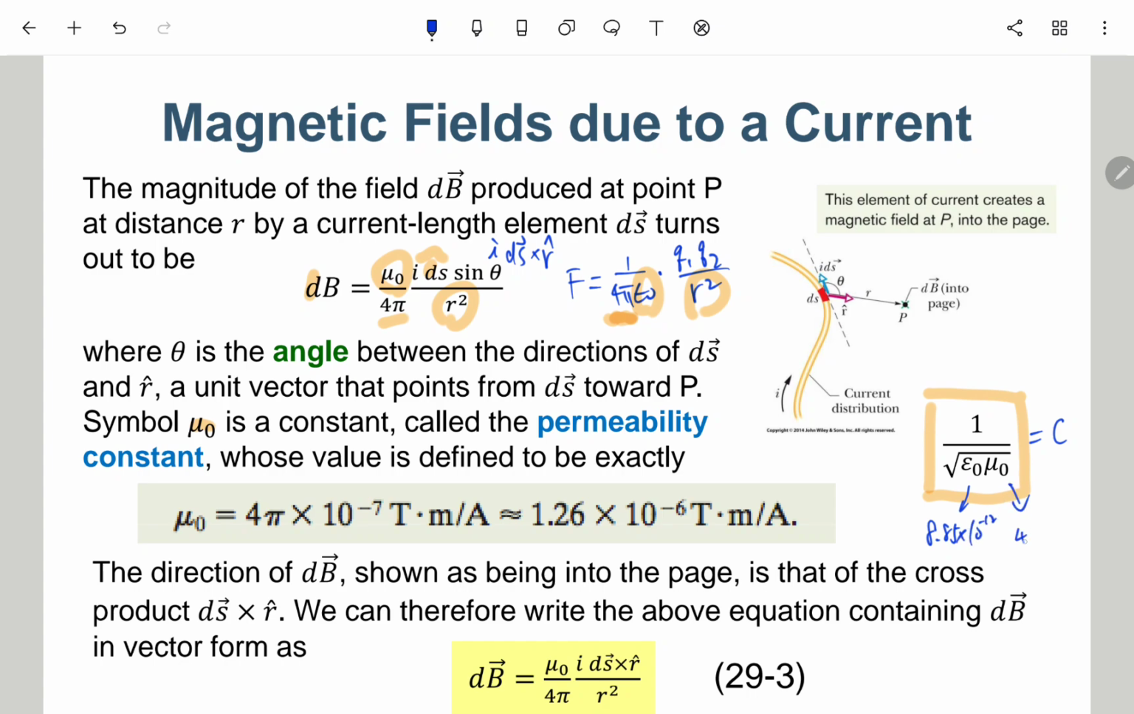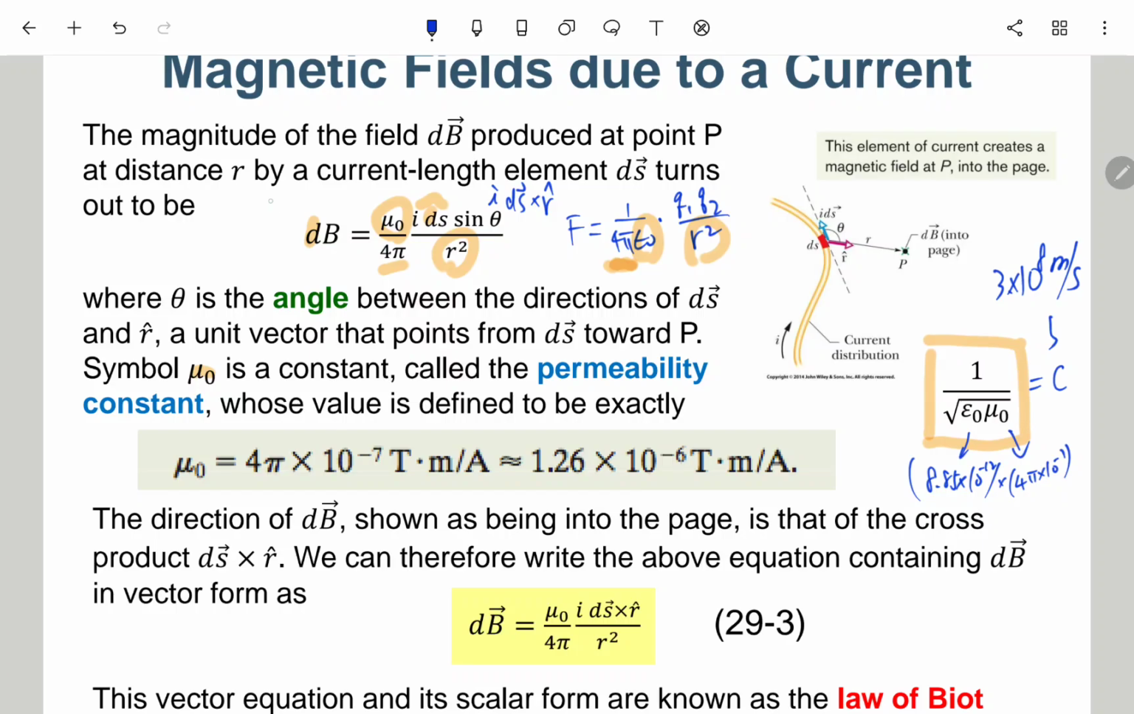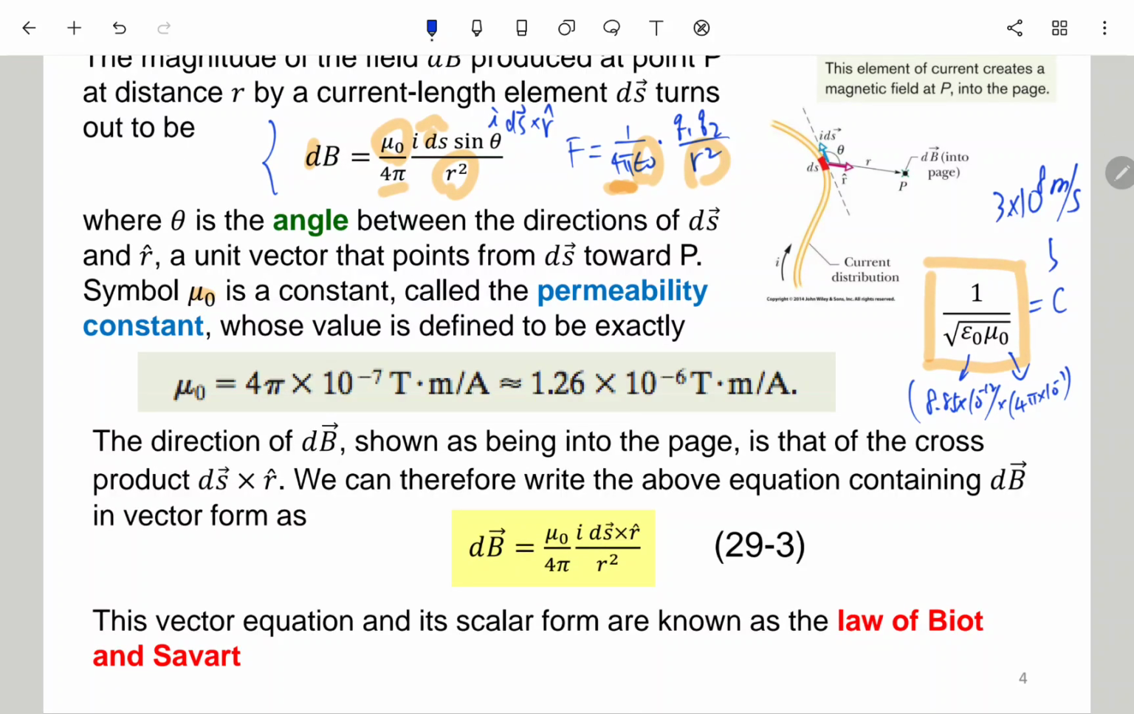This one is 4 pi times 10 to negative 7. Multiply them together, take the square root, and then take the reciprocal. It becomes around 3 times 10 to the 8, or 2.998 times 10 to the 8th power meter per second. 这个就是真空里面的光速啊，就是因为光的话就是一种电磁波嘛，所以它就跟一些电跟磁的特性有关。这就是一个很 elegant 的式子。